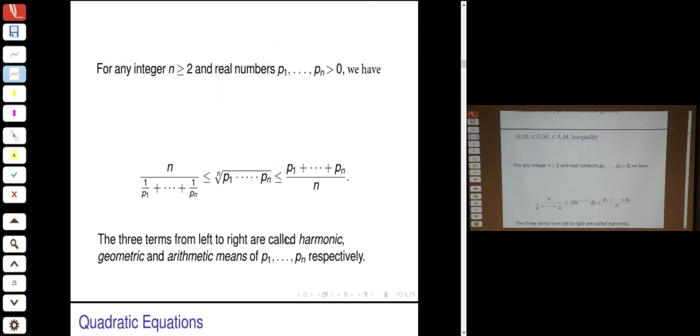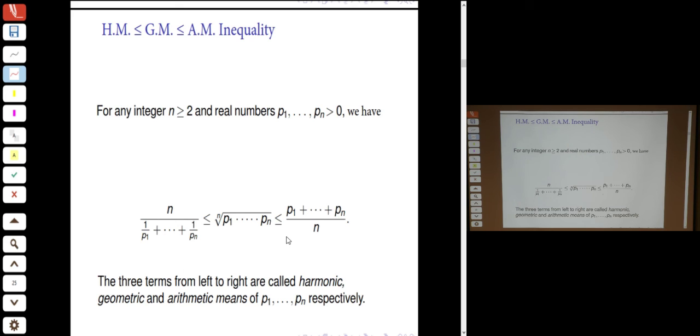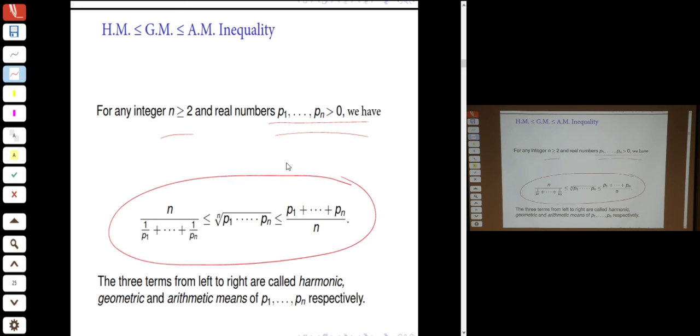So here are some inequalities involving real numbers, which we also came across during our study of interest rates. For any integer n bigger than or equal to 2, and positive real numbers p1, p2, ..., pn, you have the inequality of the various means. So this is the simple average, the arithmetic mean,